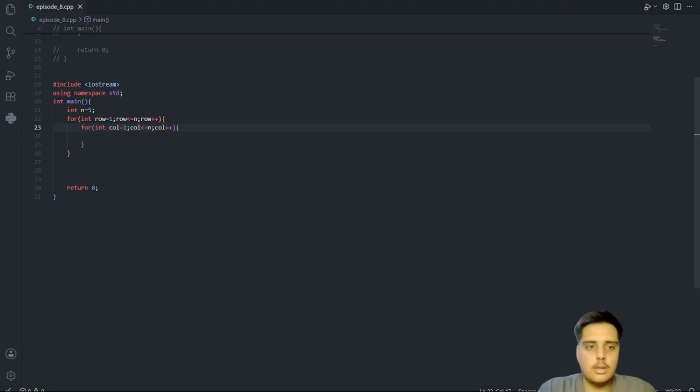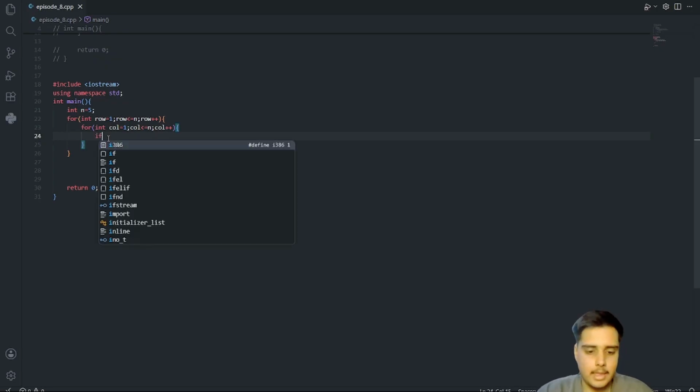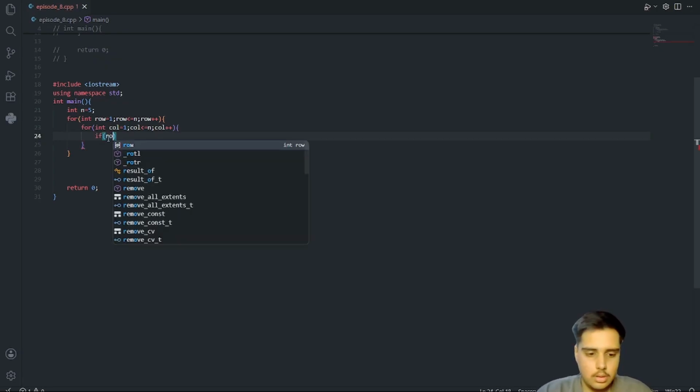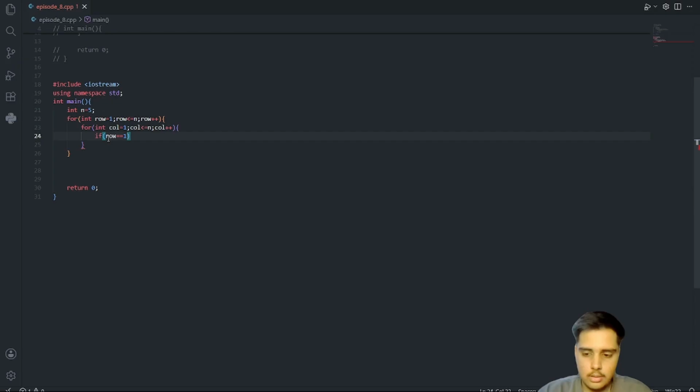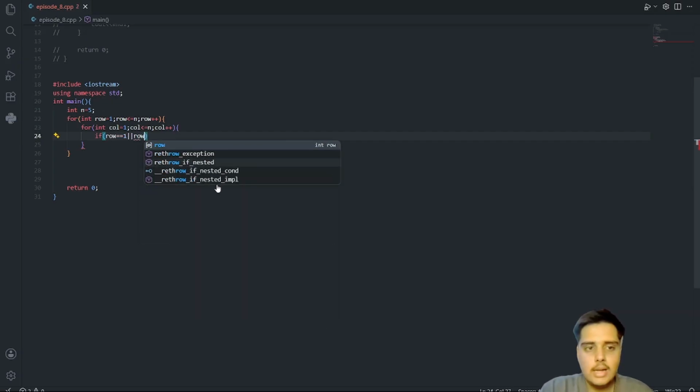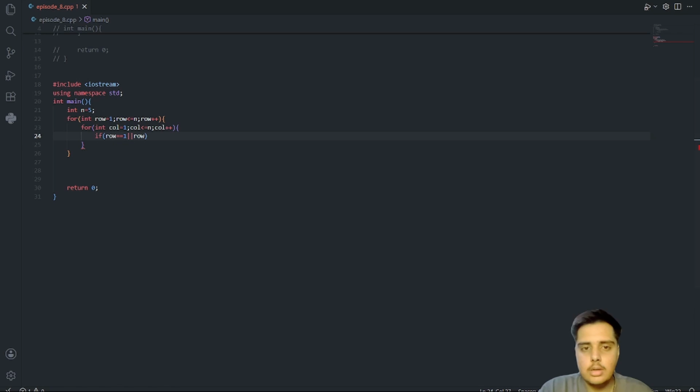So yeah, inside this I will say if row equal to 1, you understand the row equal to 1 means the first row which includes all stars, or the row equal to n which means the same row which includes all stars, but it's the last line of the pattern.